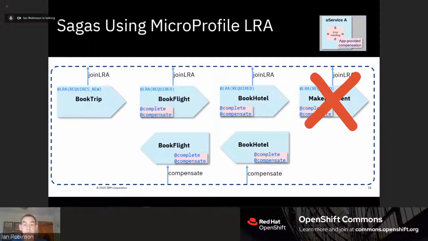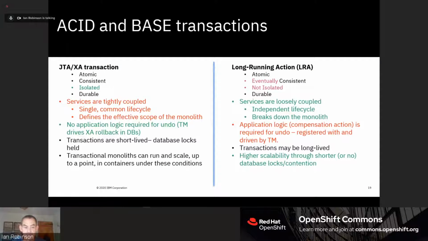And again, all the application developer has had to do is to provide that compensation logic. I say that's all the application developer has to do. We're going to see in a moment that there are a few more things that have to be done around that, but from an app dev point of view, that's all they need to do for the error handling in their application.